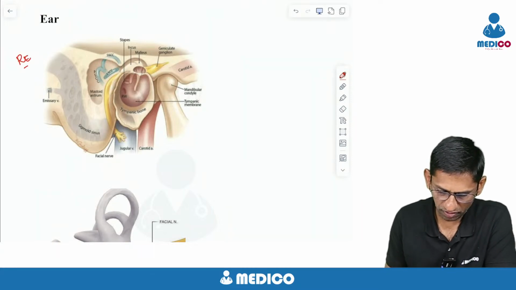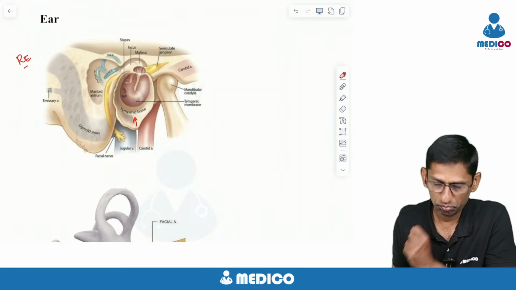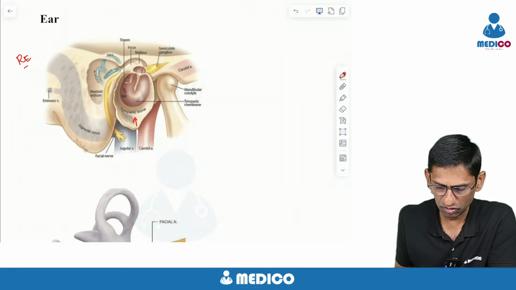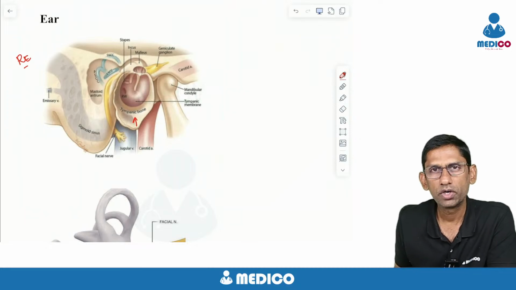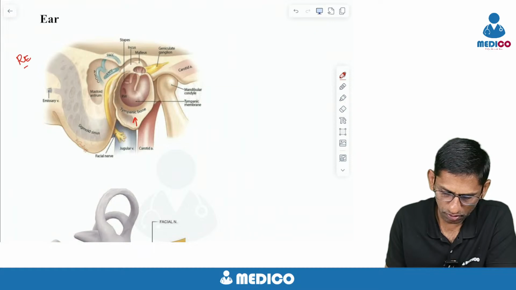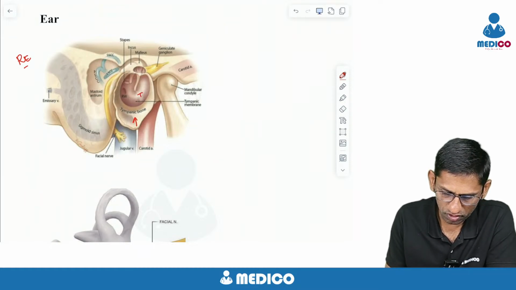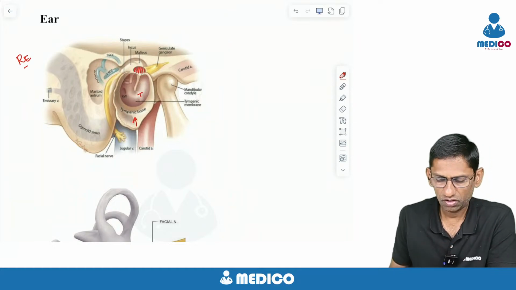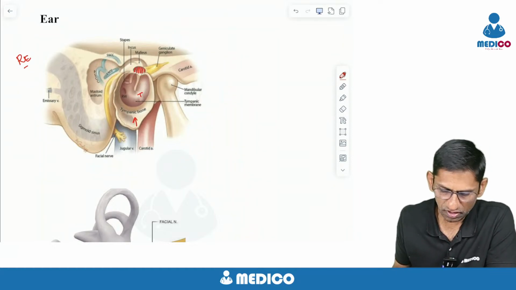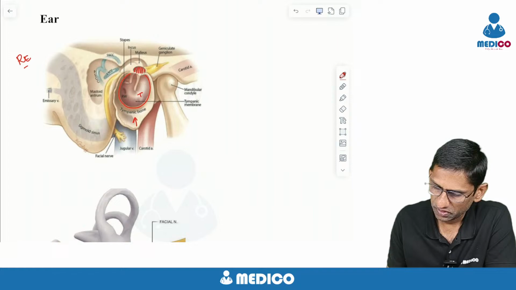and the external meatus, which has the bony part, the tympanic bone. That's a very important point to note, tympanic ring or tympanic bone, the bony part of the external meatus. And then see this part, the bigger part is called pars tensa of the tympanic membrane, and the smaller part is called pars flaccida of the tympanic membrane. And this region covered by the pars tensa is called mesotympanum, and